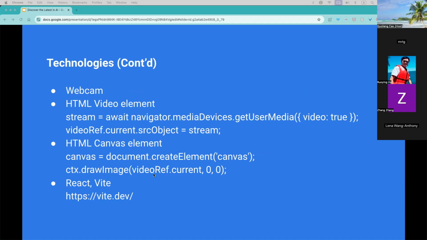The other interesting technology is the webcam, but how do you capture images from it? You need to do a few things. First, the webcam is linked to an HTML video element. These two lines of code get access to the webcam and point the video element to that stream. This video is what you see.